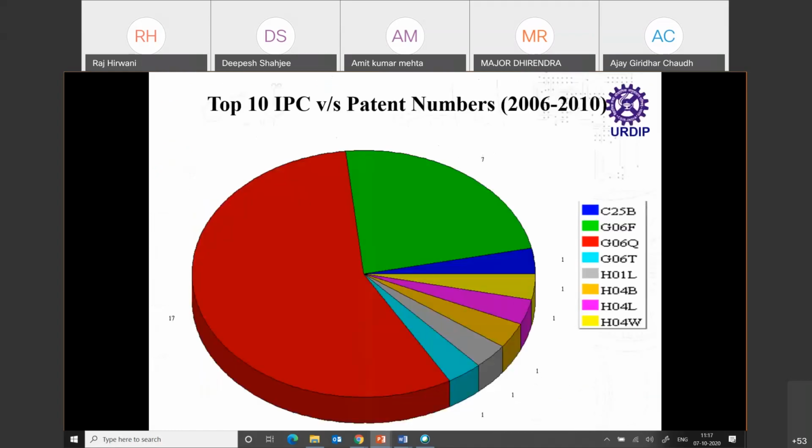What is IBM doing? Now, what you see here on the right hand side are certain code numbers. Technology has been codified in the system. So each technology has been given a code number. Each product has a code number. So when you say electric fan, it has a code number. This tells you the technology areas in which IBM has patents. And green are the major areas, and then there are others over 5 years' time in different technology areas.